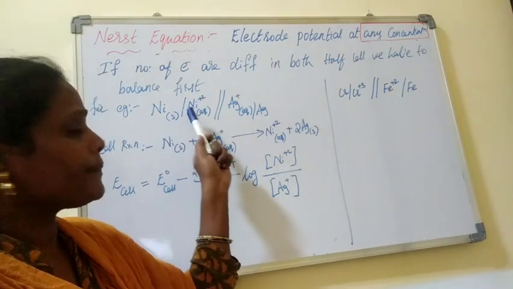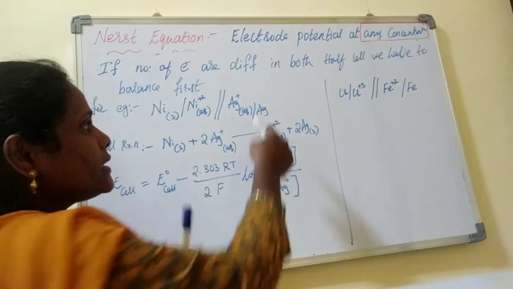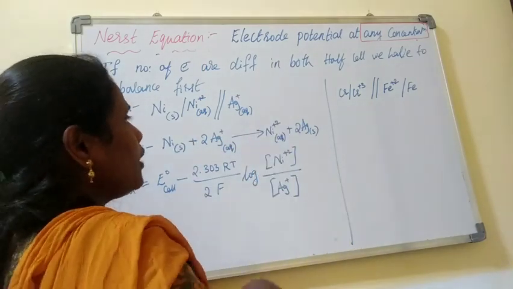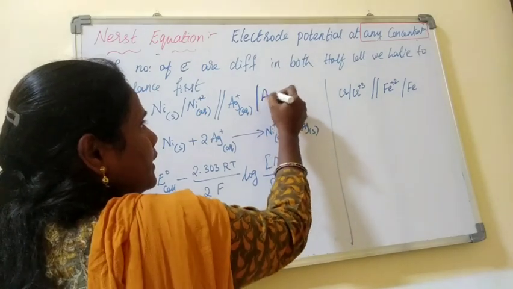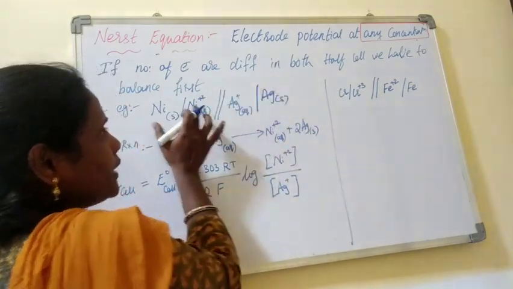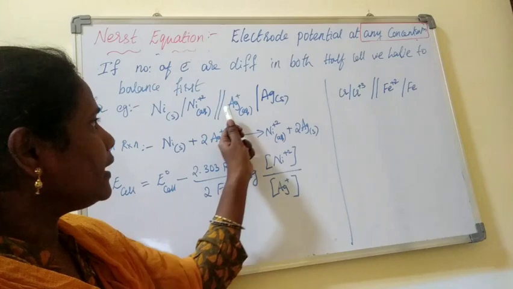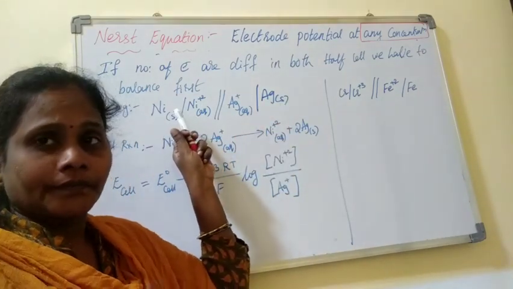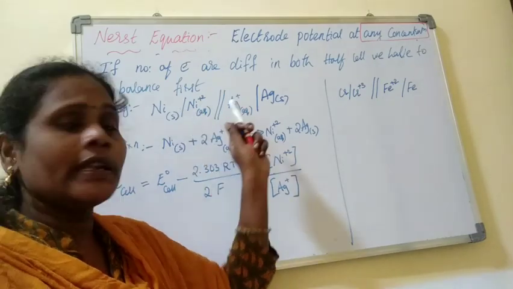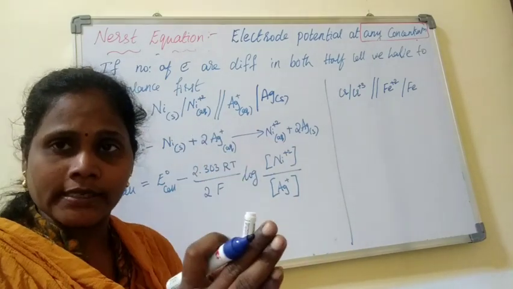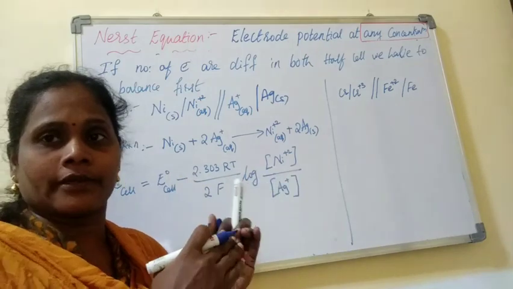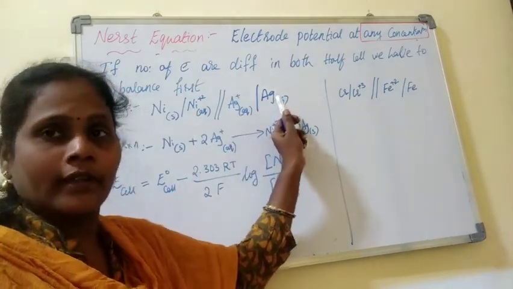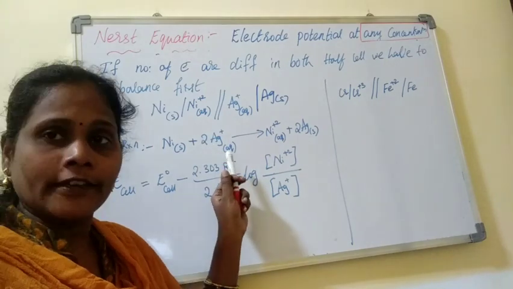This is undergoing oxidation because this is a galvanic cell representation. As it is a galvanic cell representation, to the right it is the cathode, and to the left it is the anode. Therefore, here it is undergoing reduction and here it is undergoing oxidation. Then we must be in a position to write the reactants, the products, and the whole reaction. This is the reactant, this is the product, this is the reactant, and this is the product. We know it, but we have to write the equation for it.